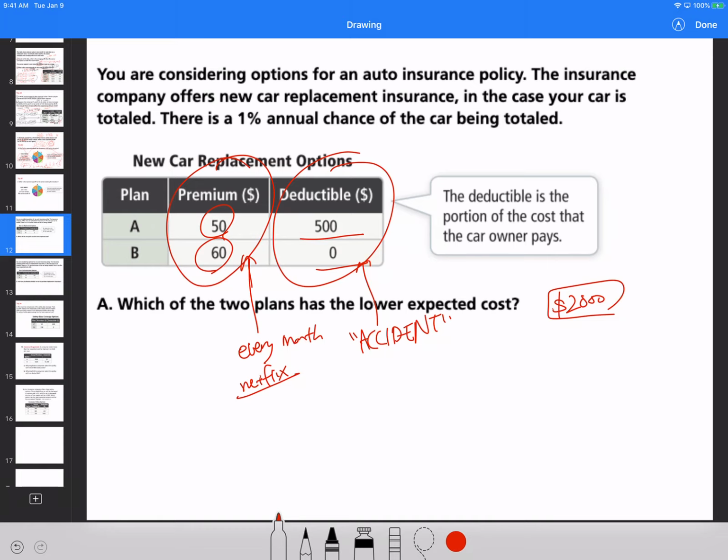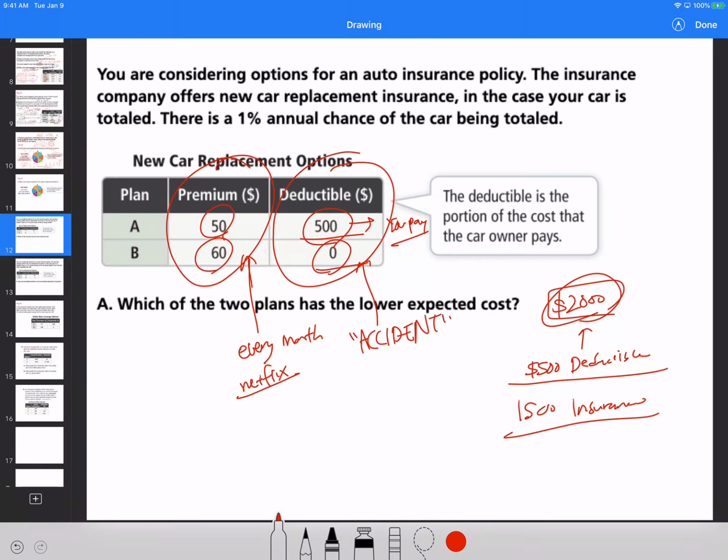Now, what's beautiful about insurance is that it gives you something called a deductible, because we know that paying that out of your pocket is going to be ridiculous, right? So a deductible is the amount that only you pay, and then the insurance covers the rest. So if the total damage is worth $2,000 and you have what we call a $500 deductible, it means that you're the one who is going to be paying that $500. The rest, which is $1,500, the insurance covers for you. That's what's really beautiful about insurance: you don't have to pay this ridiculous amount. The vast majority of it is going to be covered by insurance.